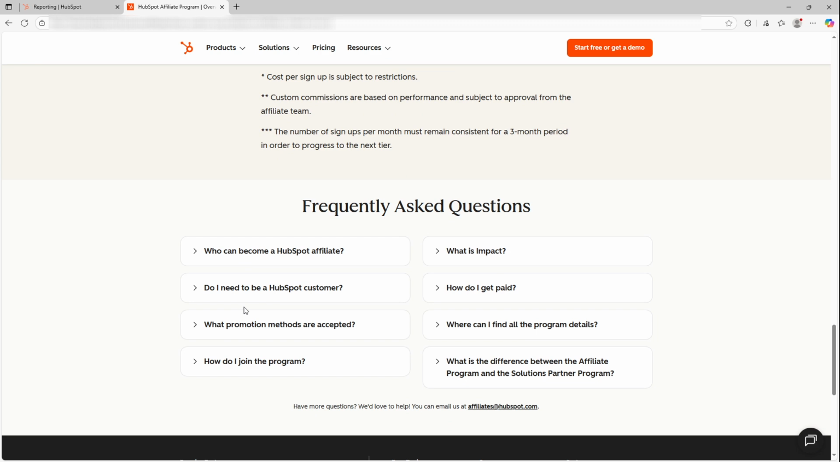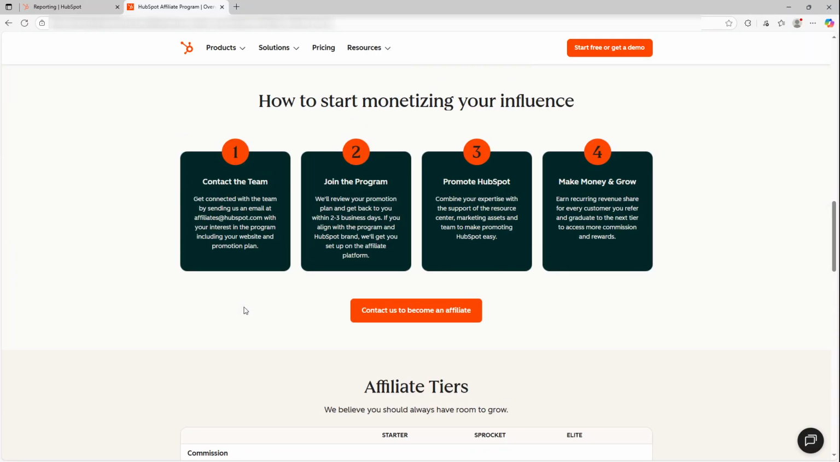And there you have it. You've successfully navigated the steps on the website to become an affiliate with HubSpot. Remember, while waiting, it's always helpful to familiarize yourself further with HubSpot's resources and see how you can creatively integrate them into your